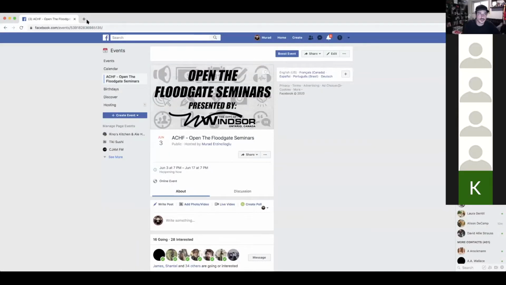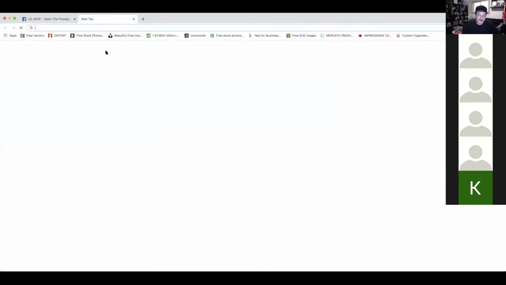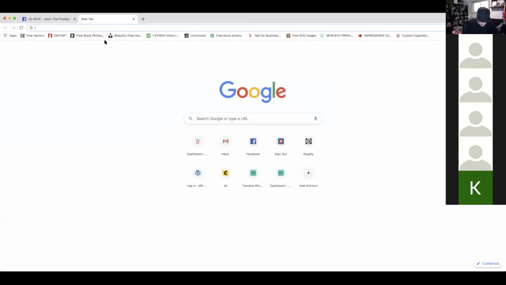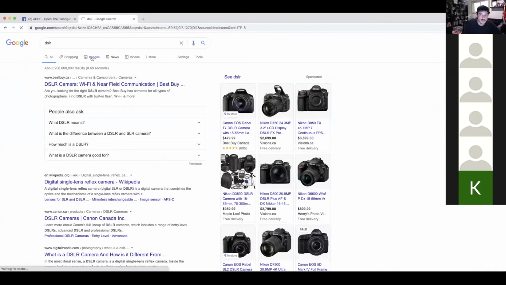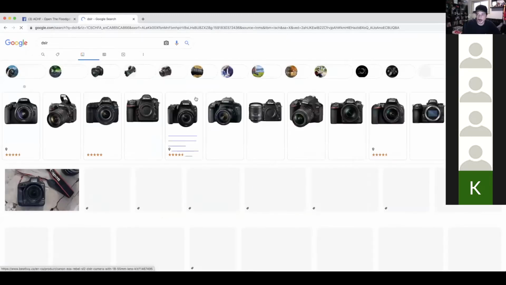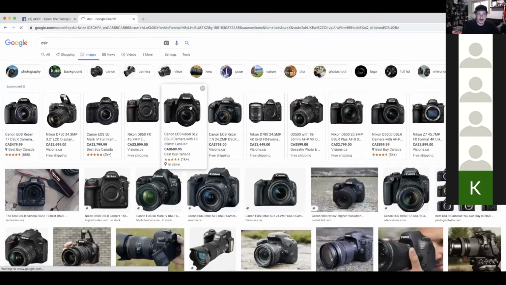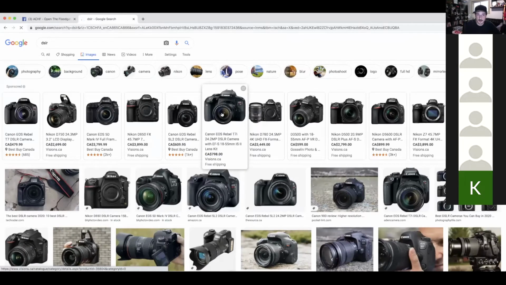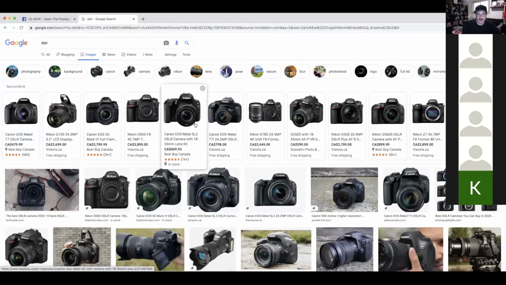If you really want to get into photography, certainly a value to you would be getting yourself a digital SLR camera, which is a single lens reflex camera. I'll put this in here and bring up an image of them. They look scarier than they really are. They're very easy to learn, and if you're willing to put a few hours in, you can really learn how to take some really beautiful photographs using these types of cameras.